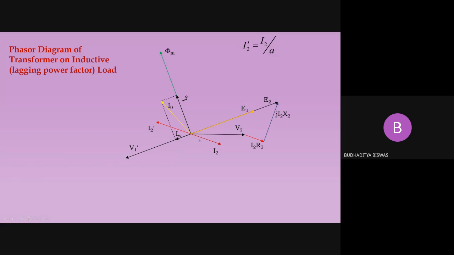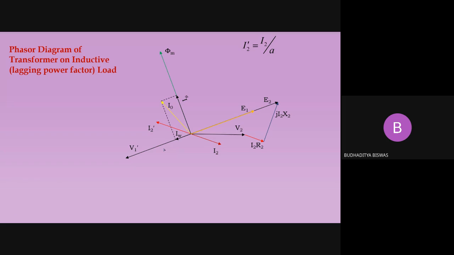So how do we find this? We just need to extend in the opposite direction, because that current is also opposite in direction. The magnitude may not be the same because it is divided by A. A may be more than 1 or less than 1, according to the number of turns. So this line may be more or less than I2. You just need to extend in the opposite direction to find the value. I2 is the winding current only.